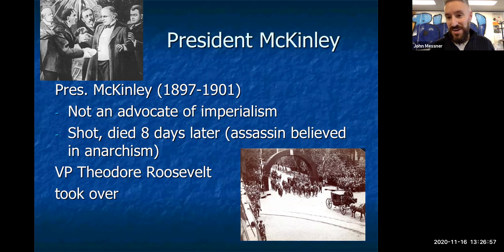While he's there, what's interesting about him is that he's not an advocate of imperialism. He doesn't necessarily want to expand outside of the lower 48 states. There are people that encourage him to do so, including members of Congress that want to see our influence expand. But at this World's Fair, he ends up shaking hands and meeting people. One guy that comes up trying to meet the president is an anarchist. His name escapes me right now, but he wrapped a gun in a handkerchief, walks up to the president to meet him. The president goes out to shake his hand, and he basically shoots him point blank in